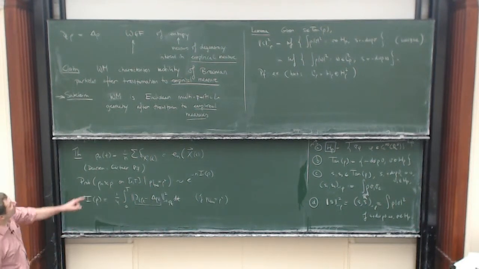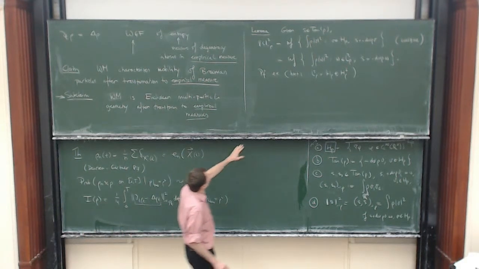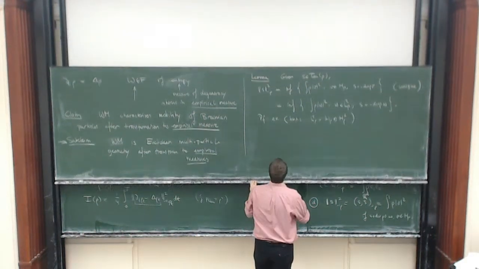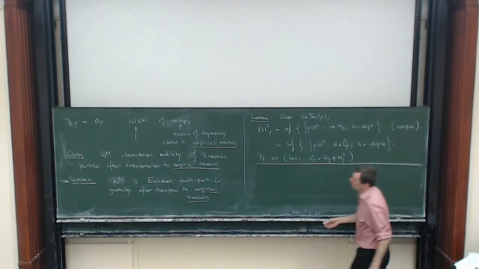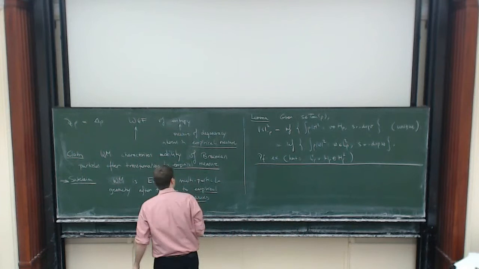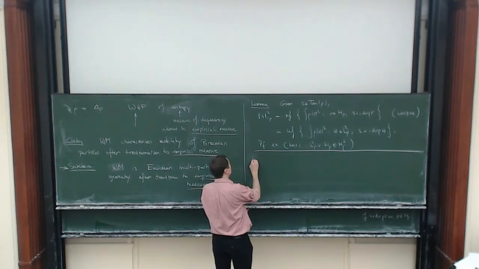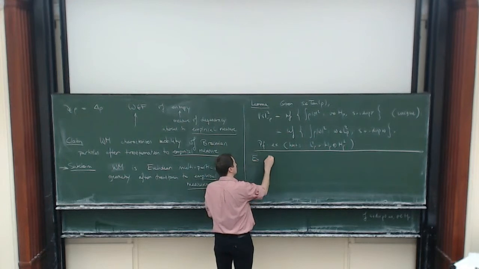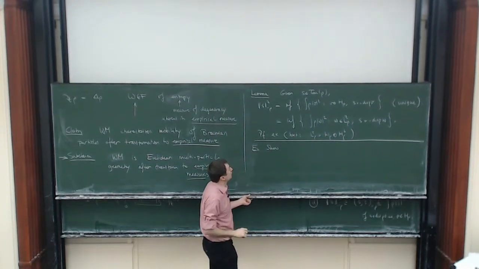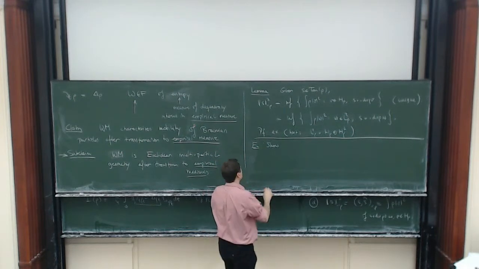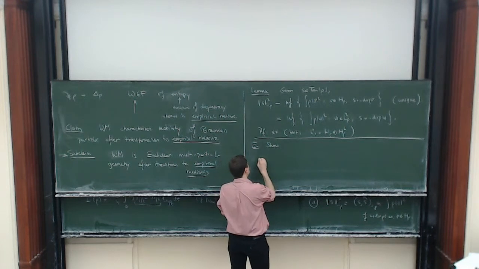So I wrote down one exercise over there. There's another exercise which I can write below that, which is something that I discussed too fast on Monday, which is the fact that the Benamou-Brenier formula is the same as what you get when using this thing. So let's say, show that